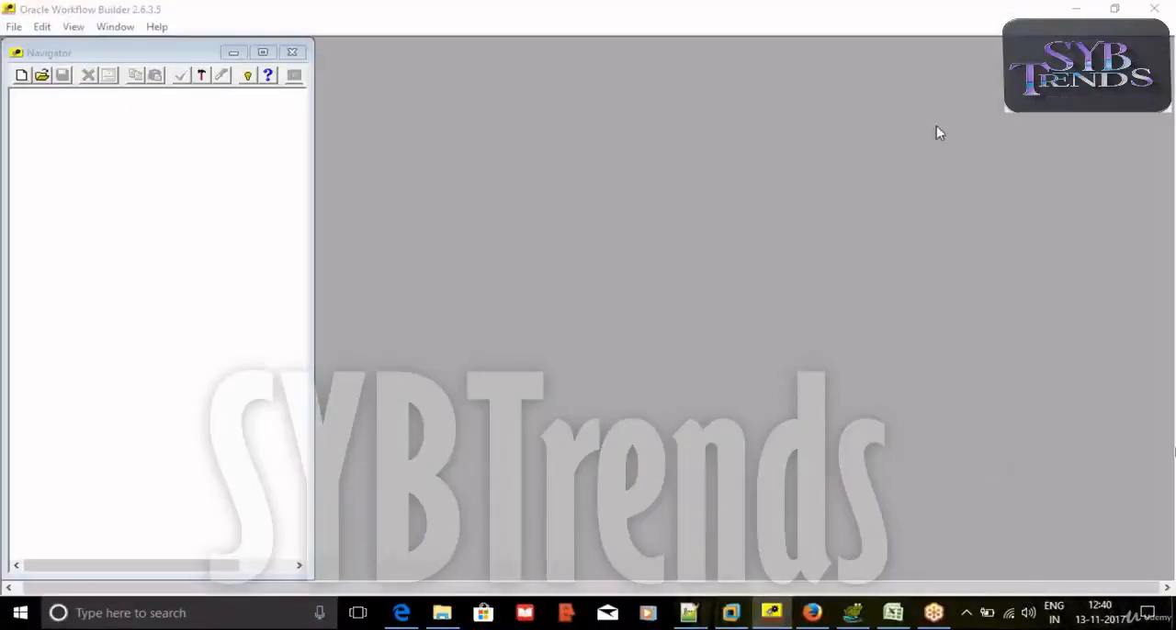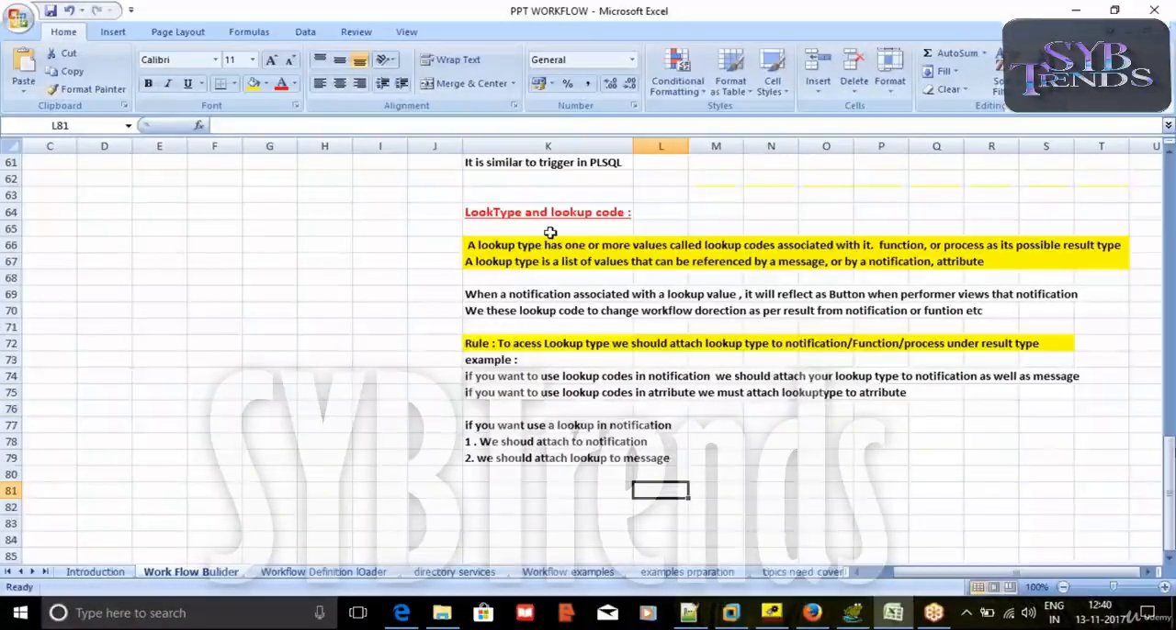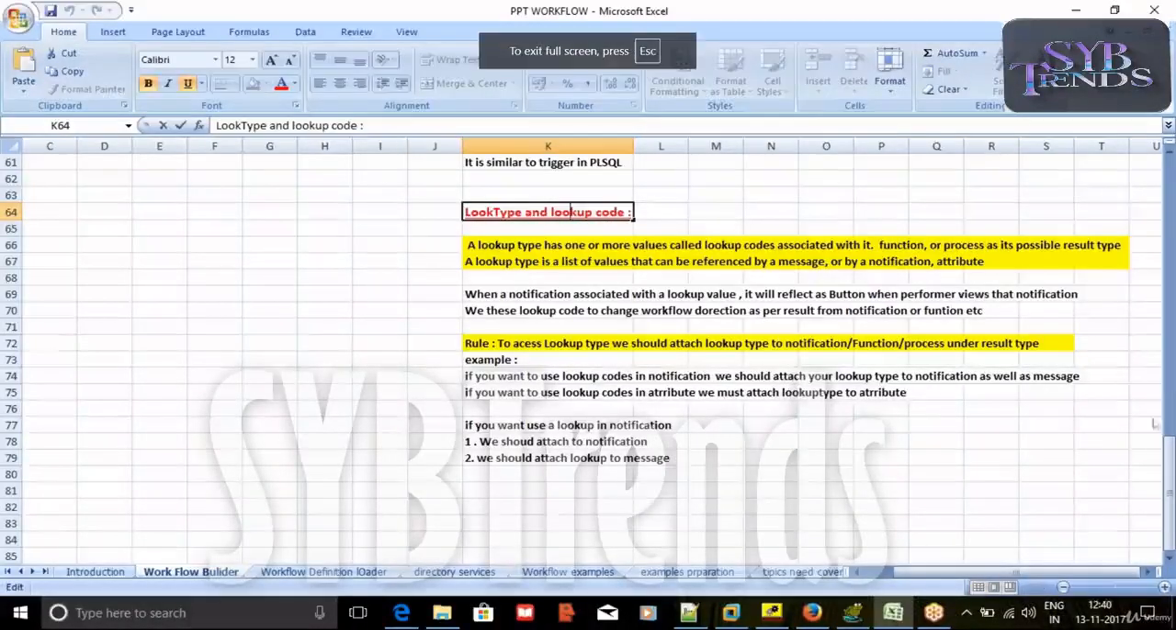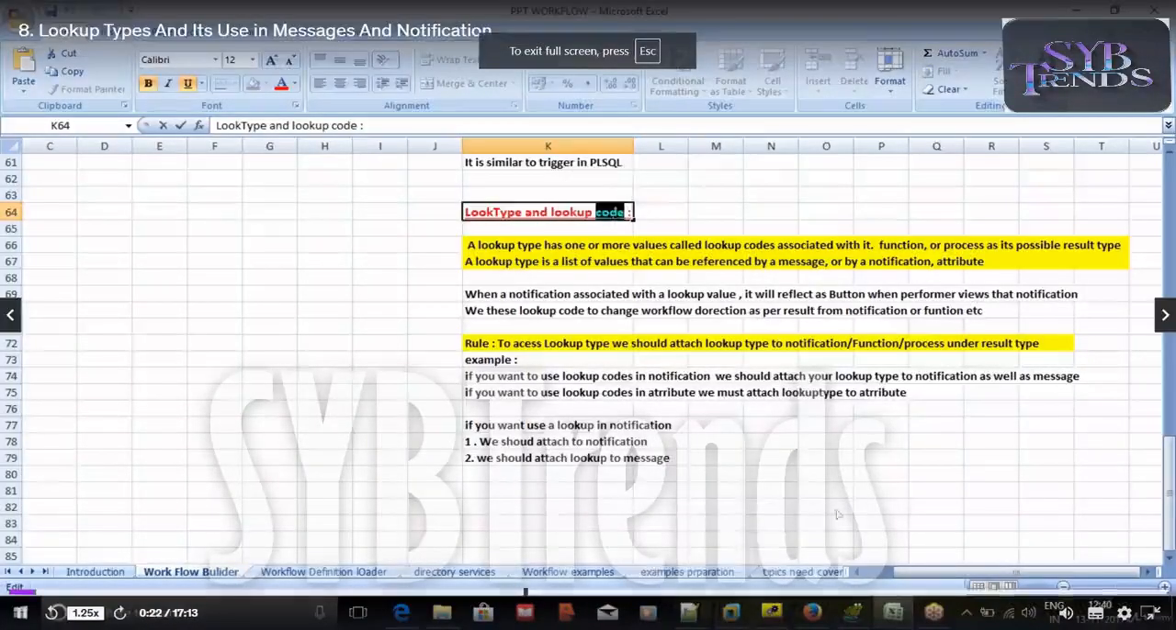Hi friends, in this video session, we will concentrate on lookup types. Lookup type is nothing but, in order to provide buttons in the front end, we use lookup types with some lookup codes. Whatever lookup code you use, that lookup code will be reflected as a